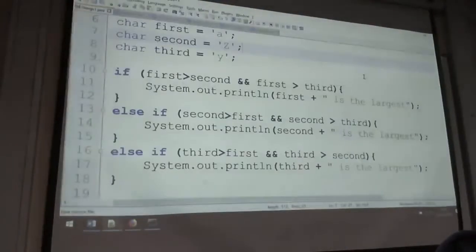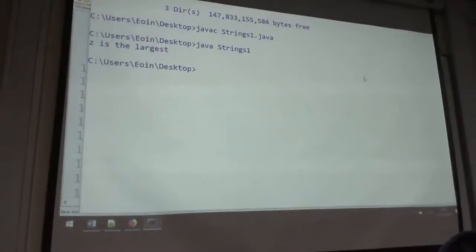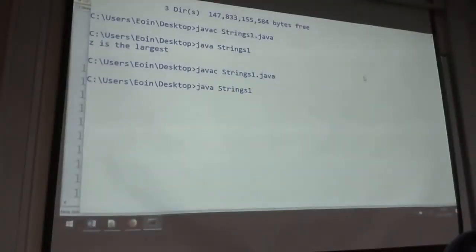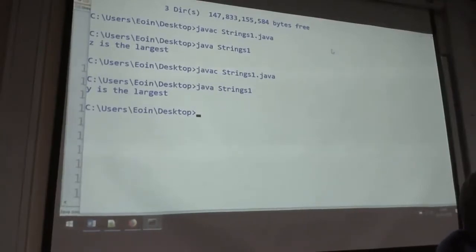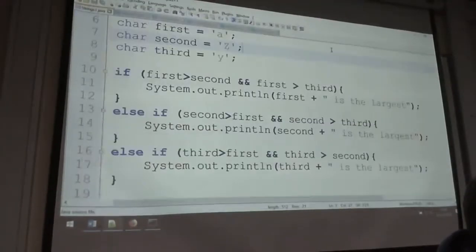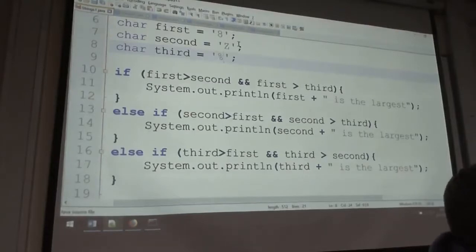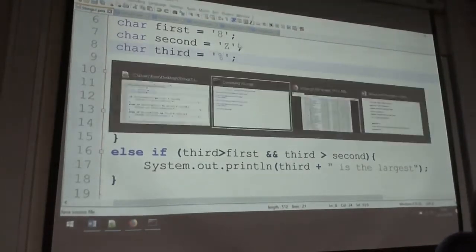Right, save that code. I haven't. Save. So recompile. Run again. It'll tell me Y is the largest. I'm not restricted to alphabetic characters. I could put a Z in there, I could put a percentage sign in there. They're all still typable characters, so I can save that, recompile,